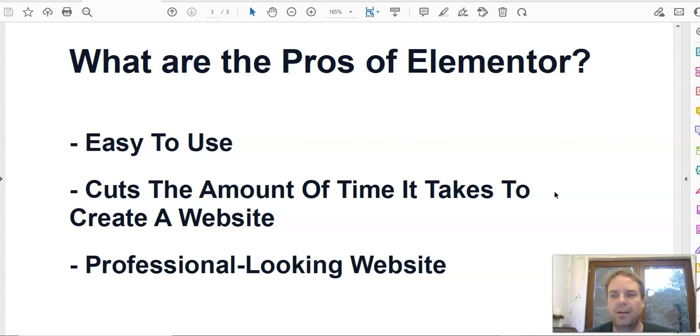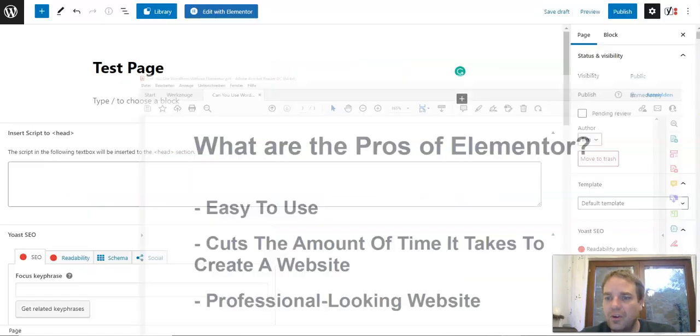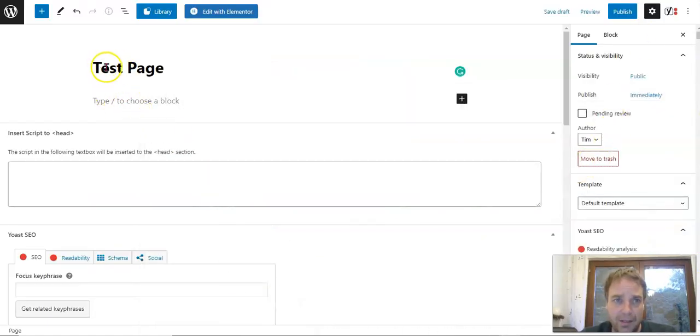But if you want a really nice looking website with custom elements and stuff like that, then you have to use Elementor, and you have to deal with the slightly slower page speed. So yeah. And another thing I want to show you is I made a new page